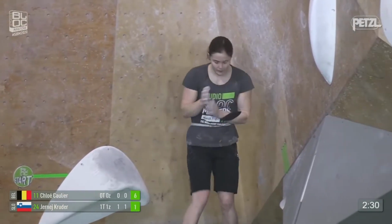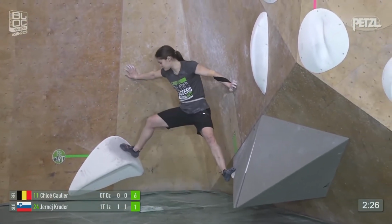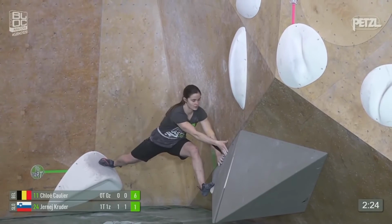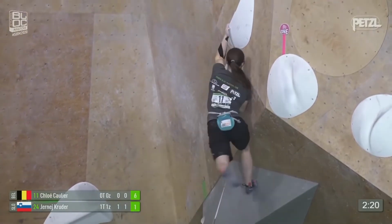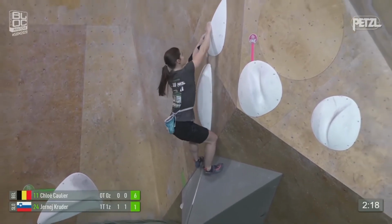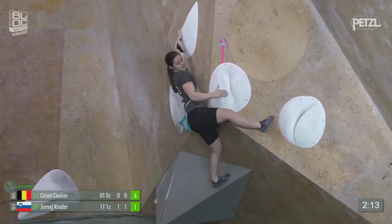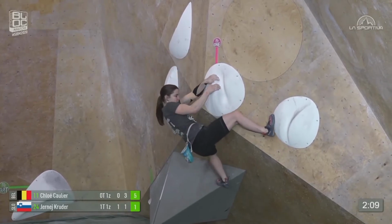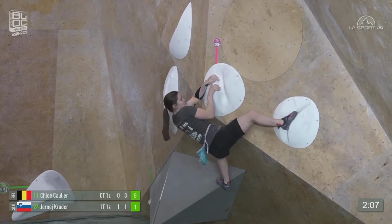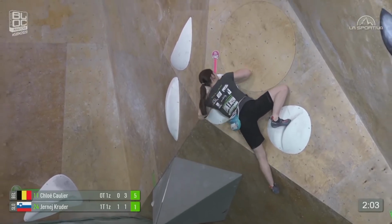Off the starting position. Yeah, I think as with any of these dynamic movements, it's quite hard to judge the amount of oomph you need to give it. Sometimes they're a little bit slower, a little bit faster. It's quite hard to judge. That was steady that time, went for the right hand, left hand up to it, no problem. Now this is probably going to be the move coming up that is really going to challenge that left arm. You can see the heavy strapping she's got on there at the moment, so